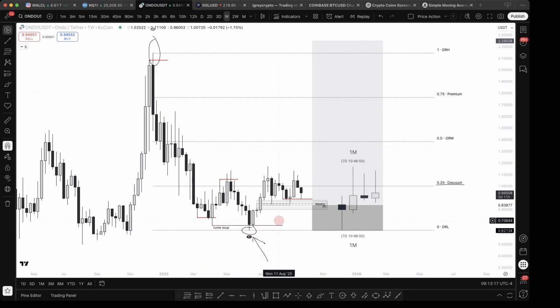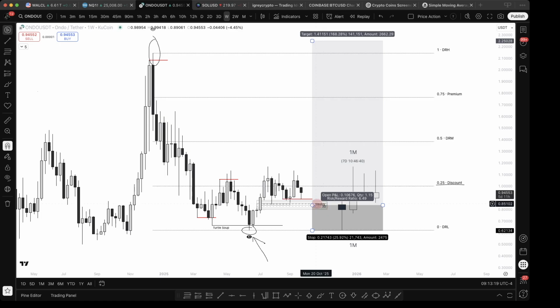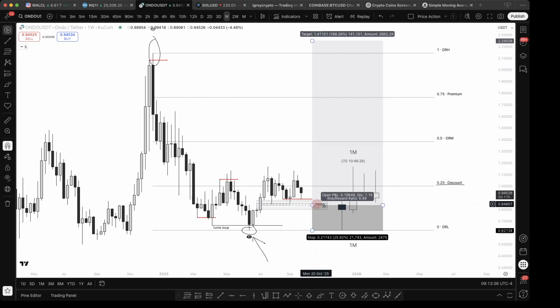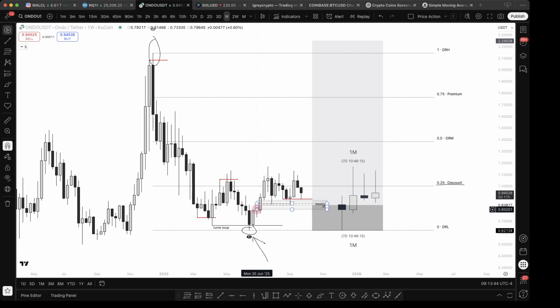This is turtle soup. If we get any bids here below 90 cents, that's absolutely where we want to be long. We know this is the extreme discount level, i.e. this section. This is discount. This is extreme discount. So this is exactly where I want to position any more longs, and my average buy now is around the 80 cents mark. I think it's slightly under 80 cents.